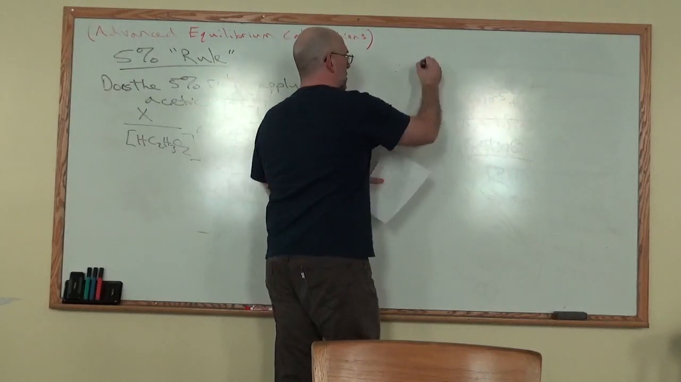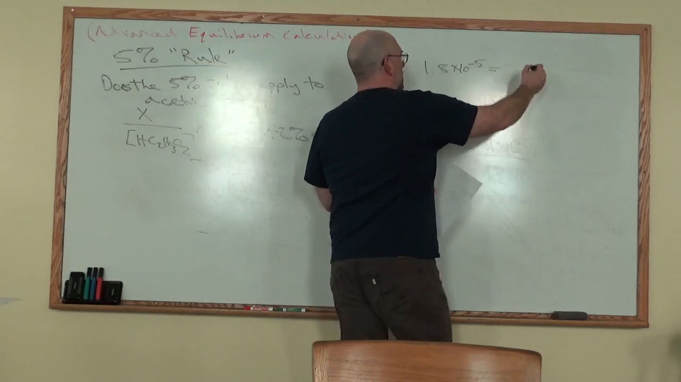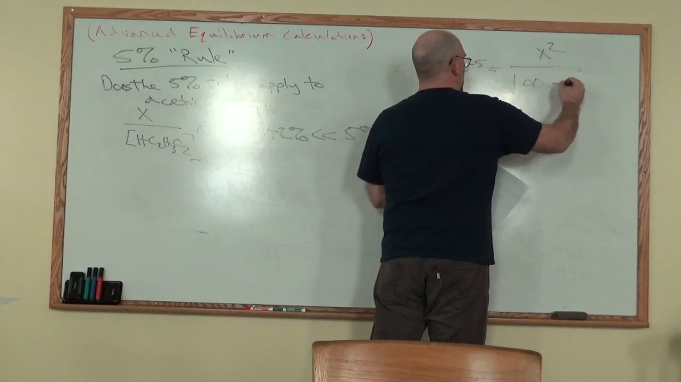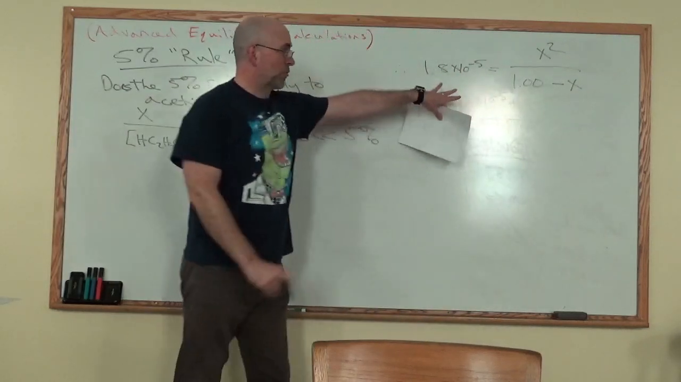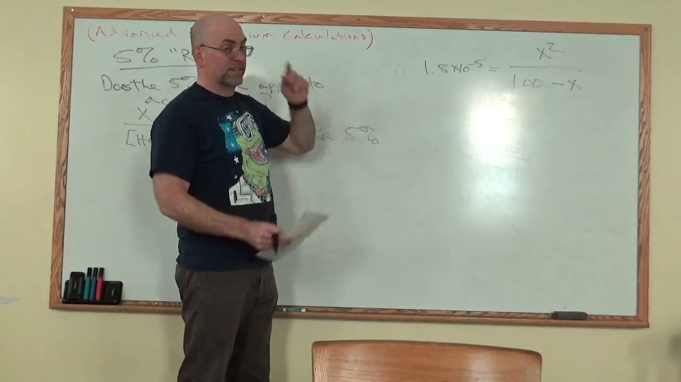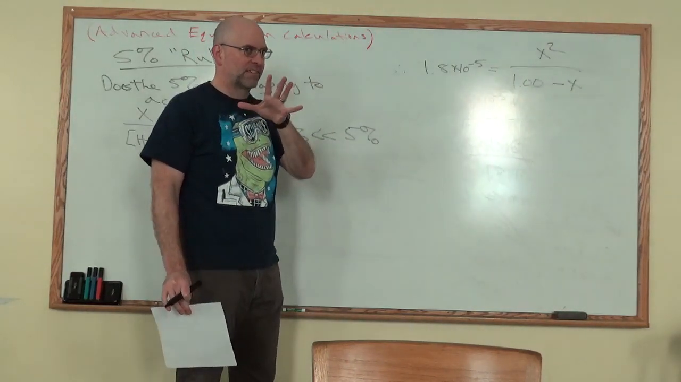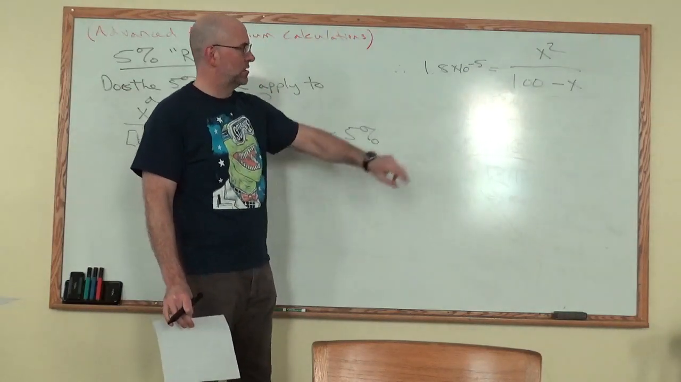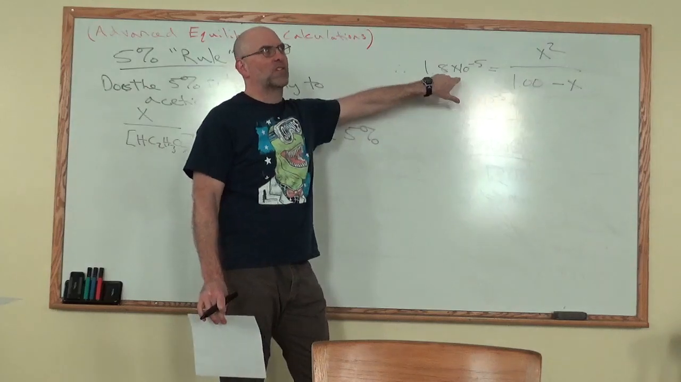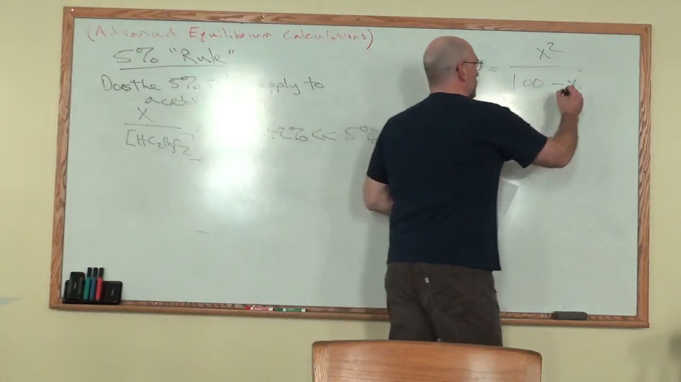Therefore, remember we had this set up like this before. What we're going to do is make an assumption here, a couple of things. And this does not work for every problem, or we have to do some fancy maneuvering for it to work. 1.8 times 10 to the minus 5 is really, really small. This is a weak acid. X is going to be really small. What we do is we assume